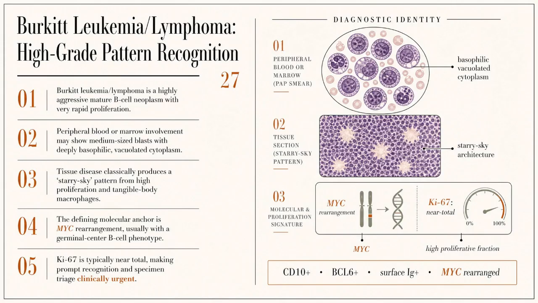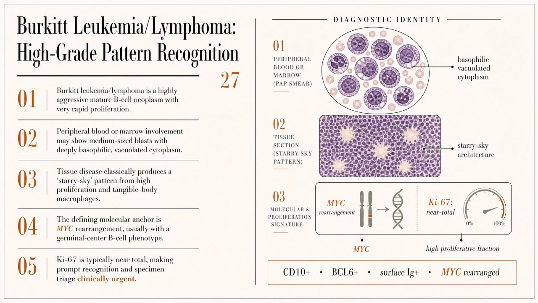At the molecular level, the defining hallmark of Burkitt lymphoma is the MYC gene rearrangement, most commonly the t(8;14)(q24;q32) translocation involving the immunoglobulin heavy chain locus. This genetic alteration drives the tumor's aggressive biology by deregulating MYC oncogene expression, resulting in uncontrolled cellular proliferation. The nearly 100% Ki67 proliferation index observed in Burkitt lymphoma reflects this hyperproliferative state, with almost all tumor cells actively